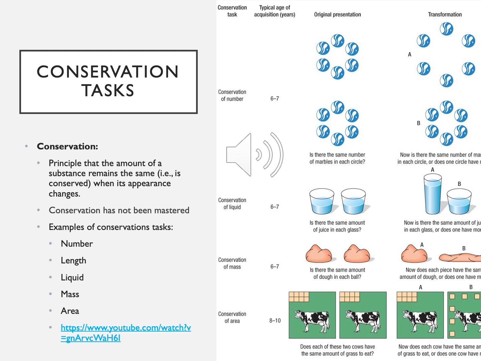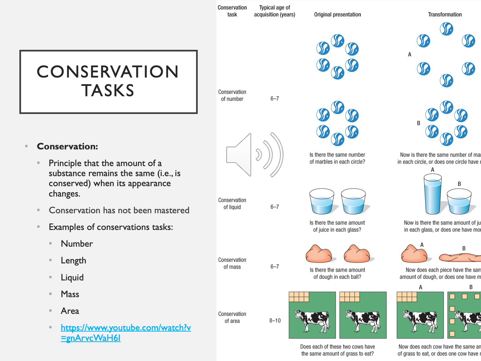On this slide, you'll see aspects of conservation tasks that were common in Piaget's studying and are still used today to recognize children in the pre-operational stage of cognitive development. So conservation is the principle that the amount of a substance remains the same or is conserved when its appearance changes. And so we do see that conservation is not yet mastered during pre-operational development, and we see that children have a hard time engaging in conservation tasks,